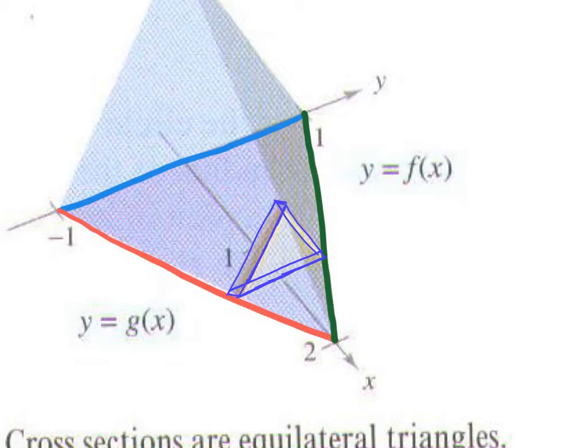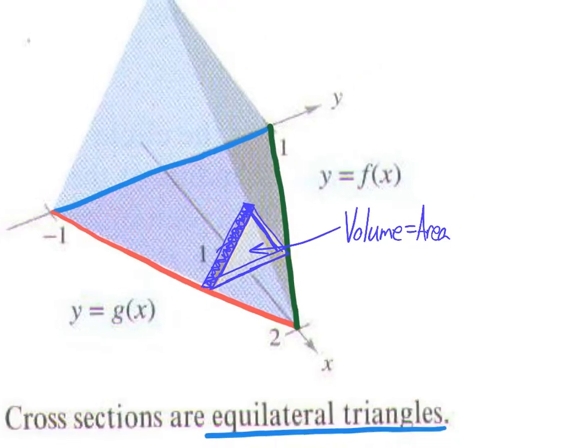So there's kind of a tile or a prism, if you will. And what we're going to do is find the volume of this prism. So, if I were trying to find the volume of just that piece, I would get the area of the triangle,